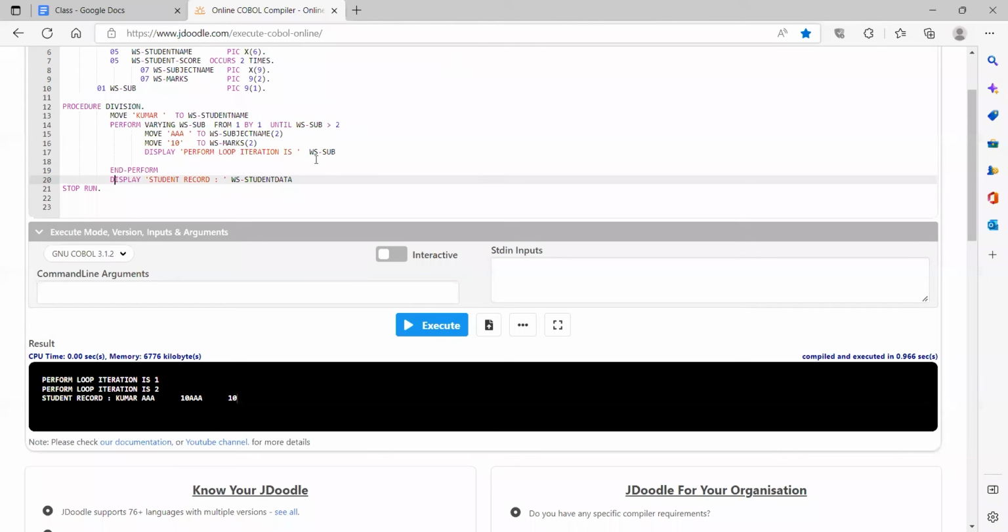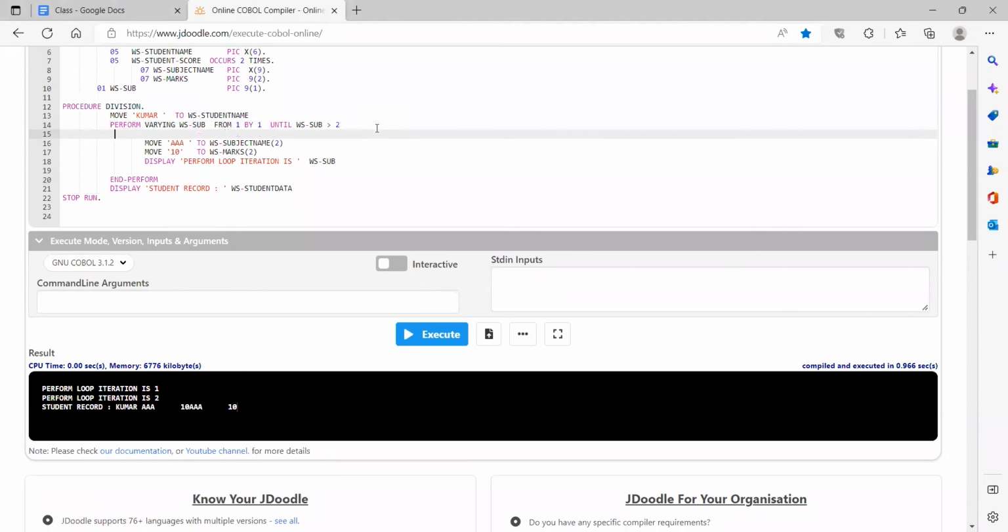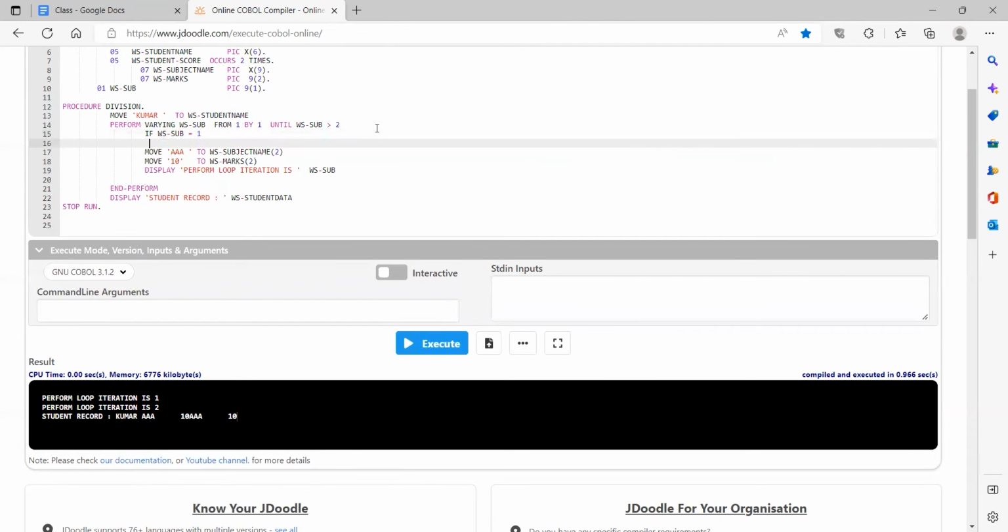So what I am doing is to make you understand how, for each record, the student data should change, right? Okay, let's do that. How data is being changed, let's do that. What I'm changing is I'm looking at a condition. I'm keeping a condition here. If WS sub equal to 1, I'm moving A into that. Okay,